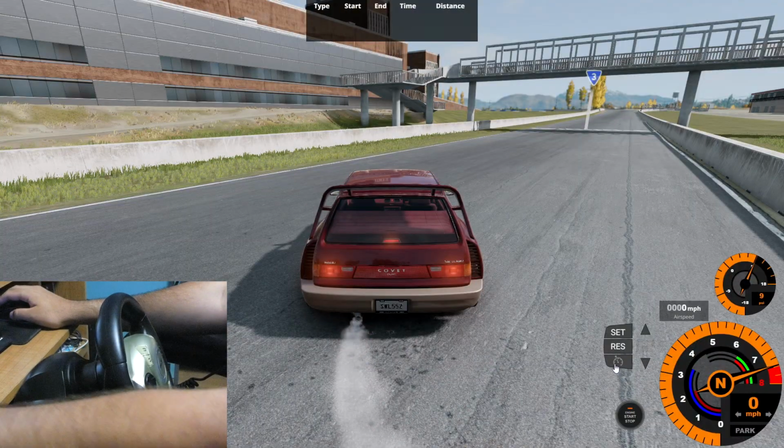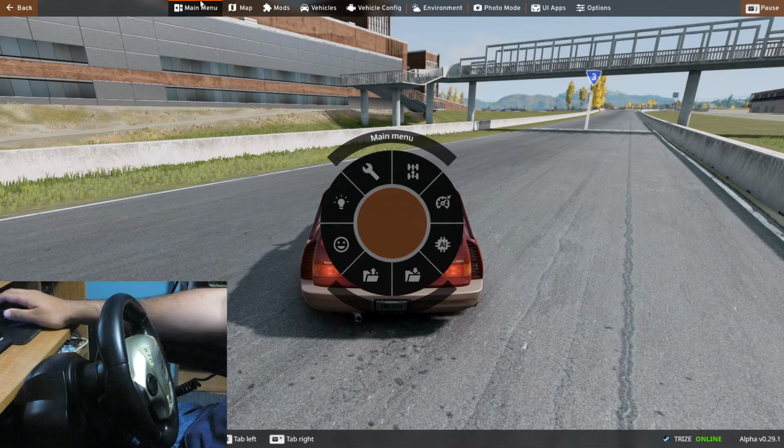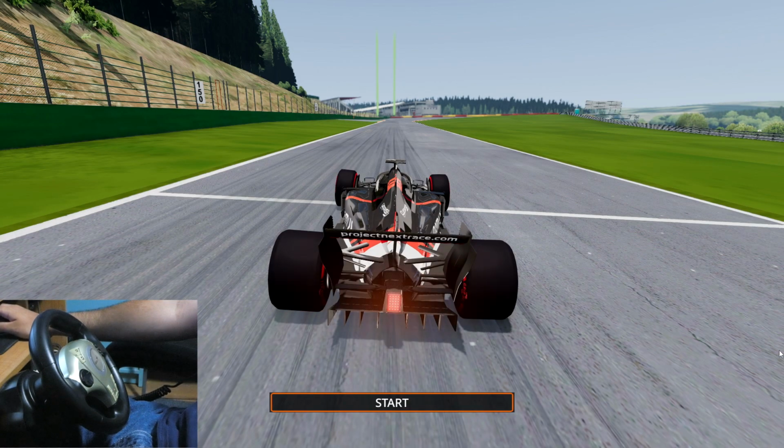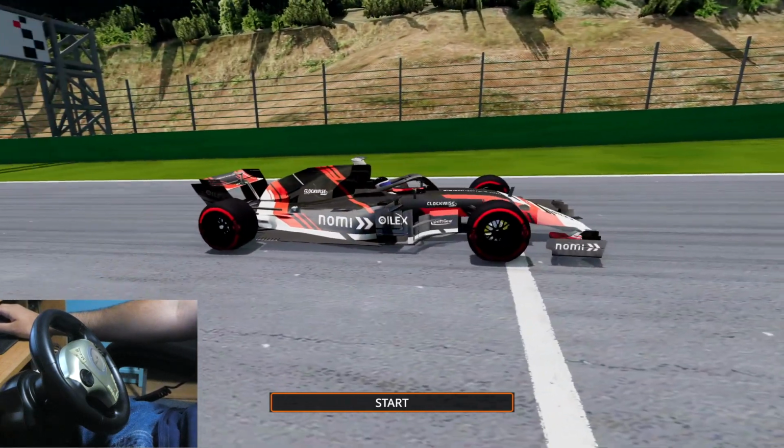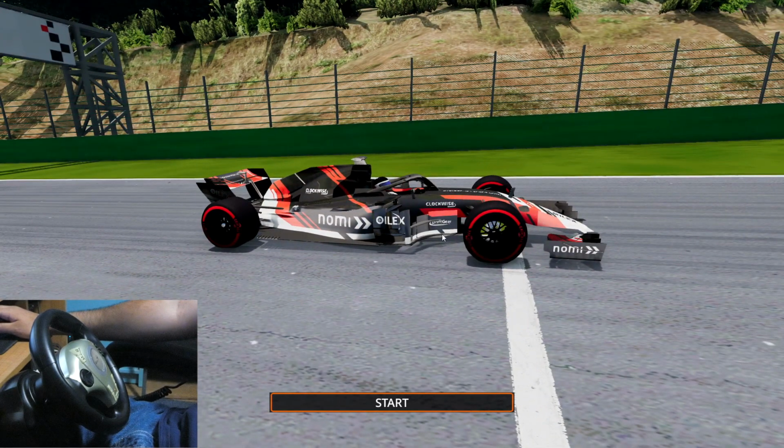Is it or no? So as it's revving away, let's do a legitimate time trial run with a Formula 1 car, which I got loaded here. So let me find a track and make this happen. So here we are at the mod racetrack of the Spa-Francorchamps, aka the Belgian Grand Prix, with the FR17 F1